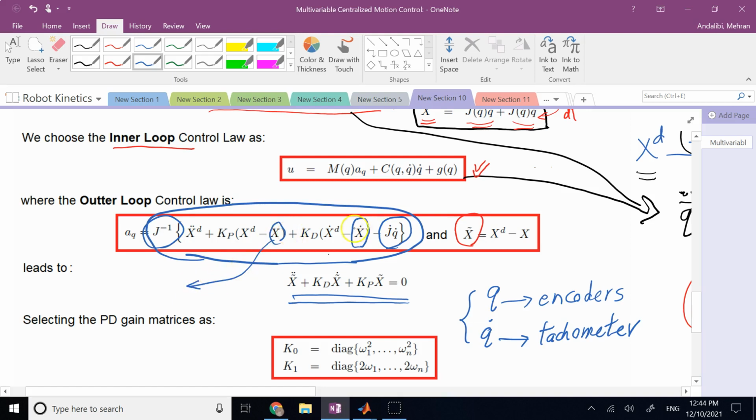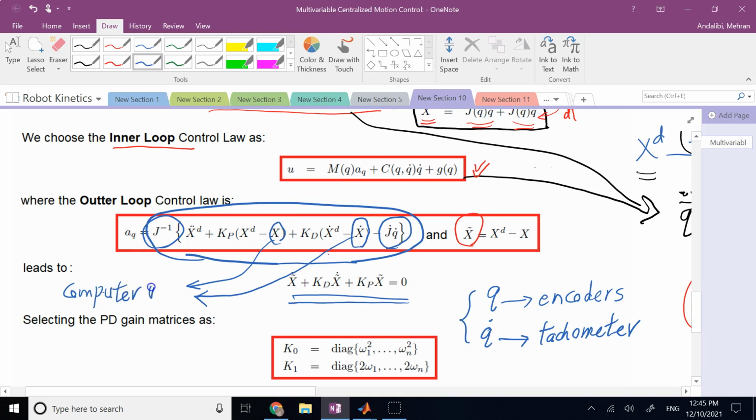Using what sensor? Or how would you measure the end effector velocities in the workspace? So that's why this task space control is a little bit harder, because getting real feedback about end effector pose and velocities using any sensor is not as simple as encoders and tachometers, and most of the time we get these from computer vision